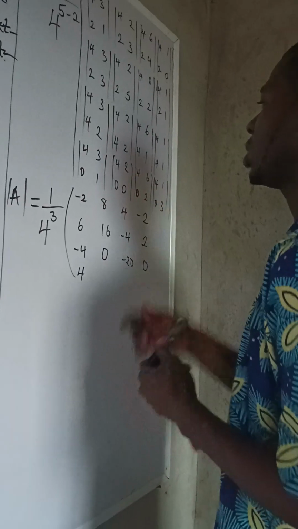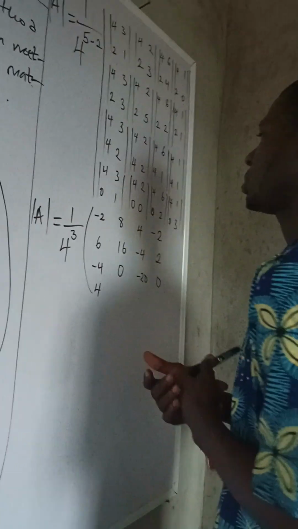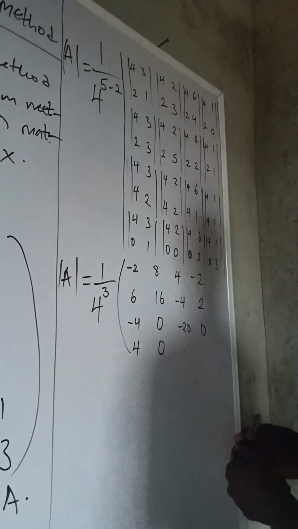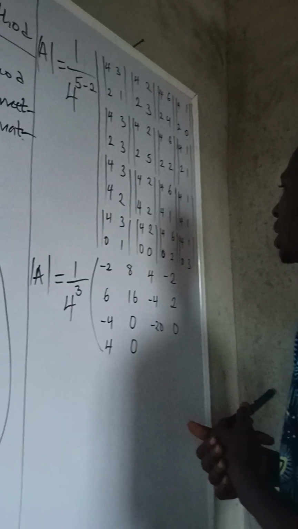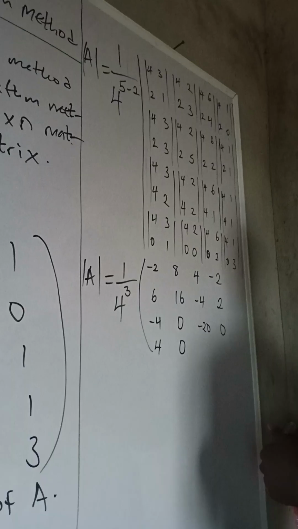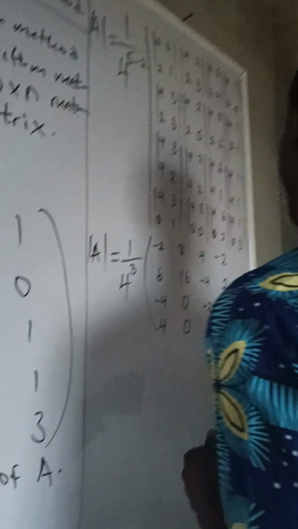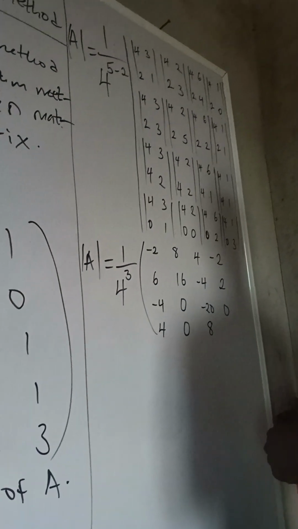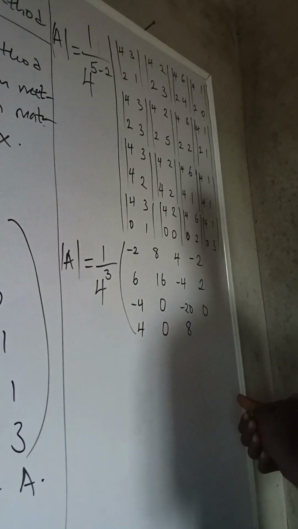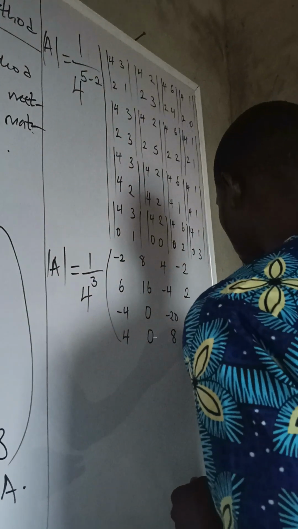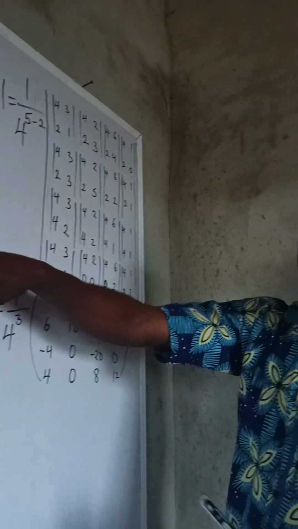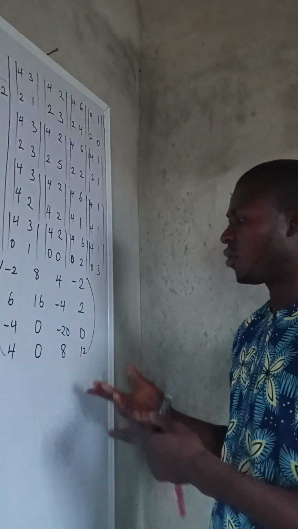Here we have 4 times 0, 0, minus 2 times 0. That's going to give us 0 minus 0. And that's going to be 0. Then we have 4 times 2 is 8, minus 6 times 0. That will give us 8 minus 0. That will be 8. And then we have 4 times 3 minus 0 times 1. That's going to give us 12 minus 0. Here we have 12. So we've been able to reduce this 5 by 5 matrix to a 4 by 4